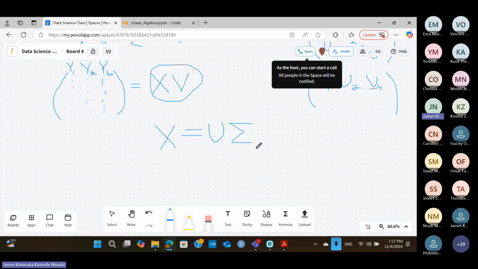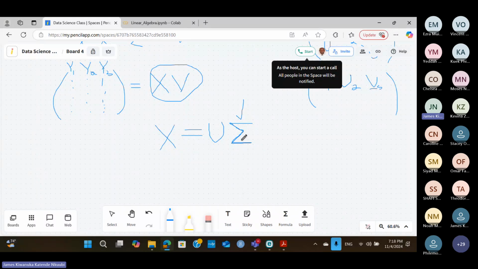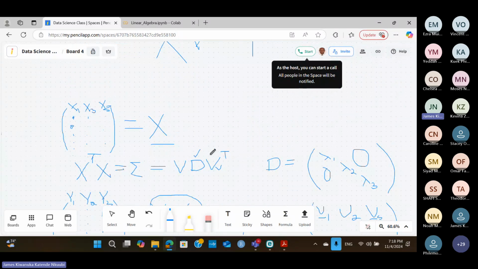Sigma here is not the covariance matrix of X. So this is just the matrix with the singular values of X. And this symbol is used ambiguously here because we've used it also for the covariance matrix for X. At this point, it is not. Then on this side, you'll have V transpose. So this V transpose you get from the singular value decomposition of X is the same as the V transpose